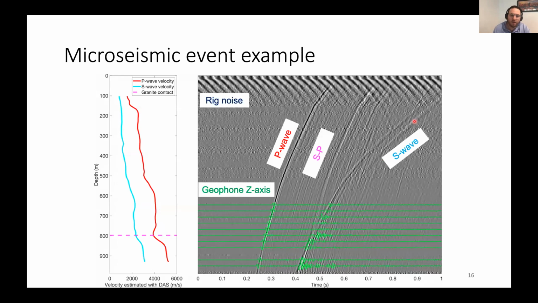So, okay. This used to be my thunder slide, but then Nate showed you this already. So it's not as thunderous as before, but this is what the microseismic event looks like. And that's what we actually are going to try to detect in the next slides. So you can see the geophones in green, co-located with DAS in the background. We see the P waves, the shear waves, and again, this very nice S2P conversion, which frankly is very obvious